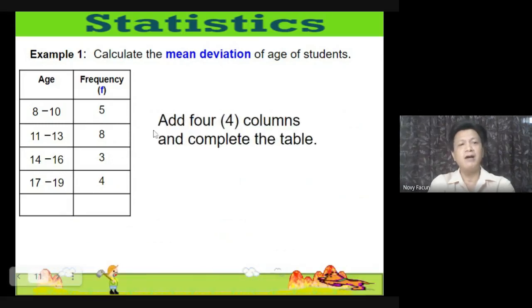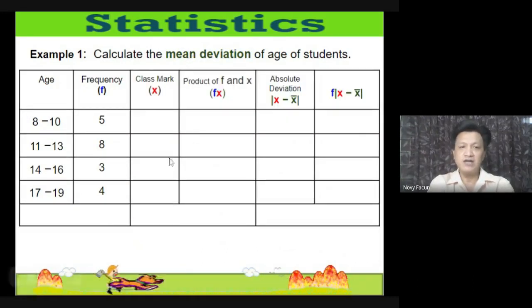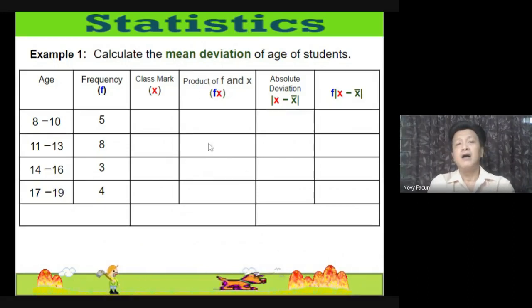Okay, paano nga ba mag-compute? Mag-a-add lang tayo ng 4 columns and complete the table. And of course, use the steps to solve the mean deviation of group data para masundan natin. Okay, so ito yung table natin. Mapapansin natin, nag-add tayo ng class mark, yung product of the frequency and the class mark, absolute deviation, and the product of the frequency and the absolute deviation. Okay, so kailangan natin makompleto to para ma-substitute natin yung kailangan lang natin doon sa formula